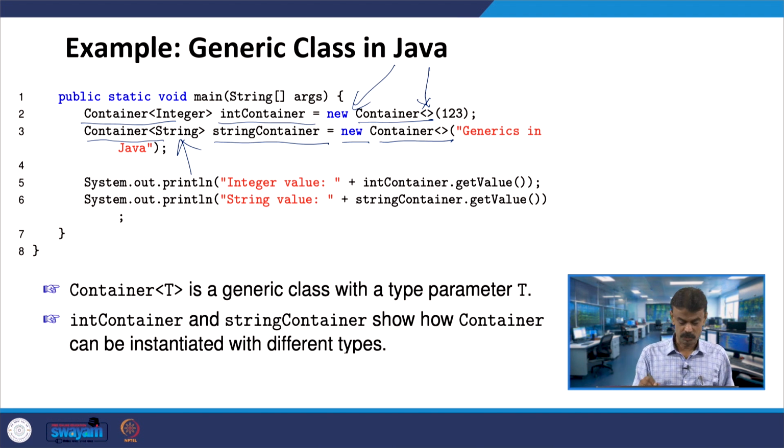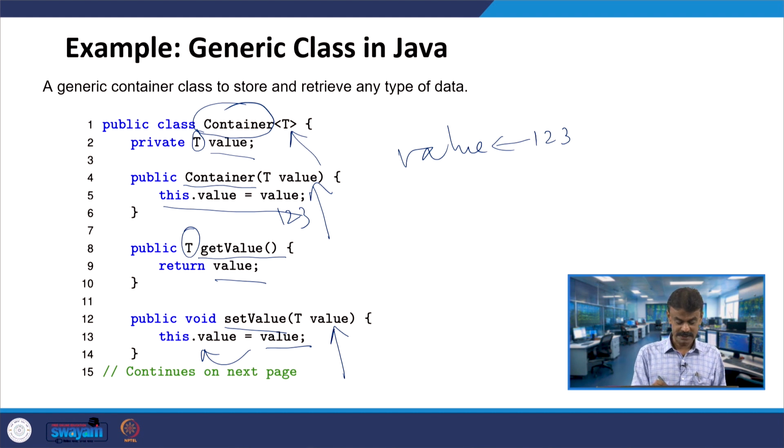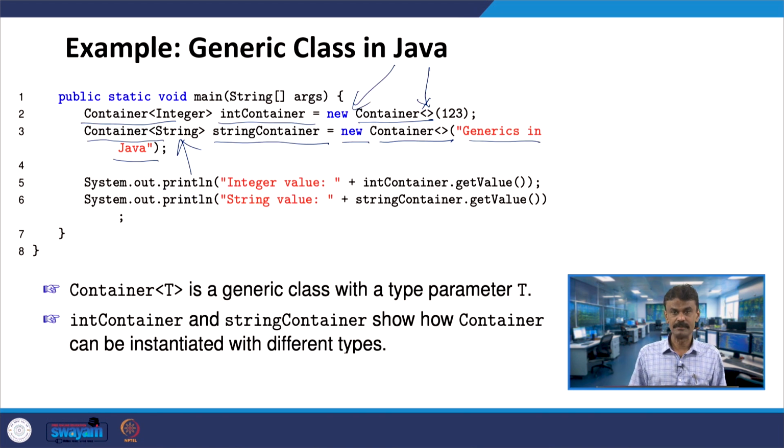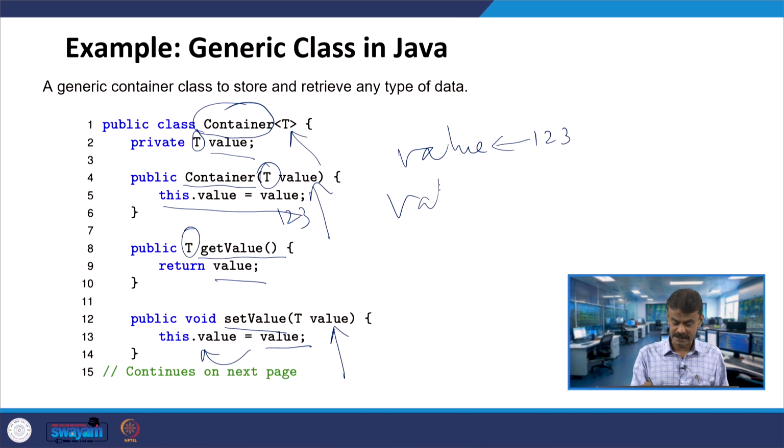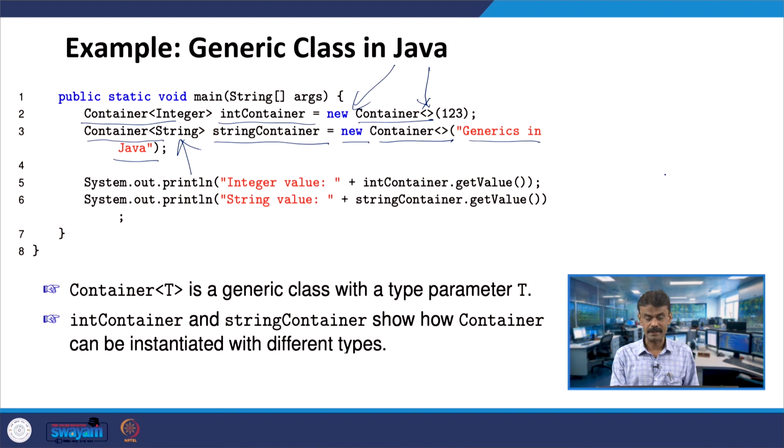You pass the string "Generics in Java", so now T becomes String, and value is whatever string you passed: Generics in Java.